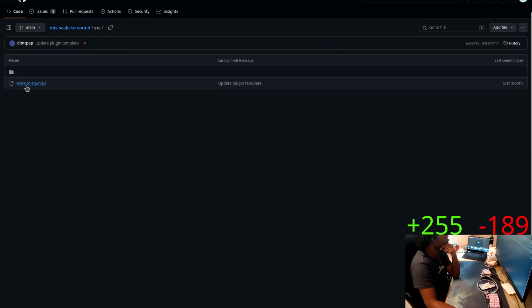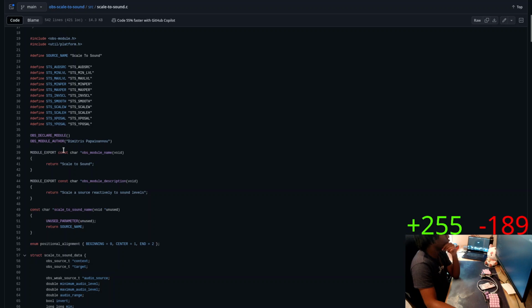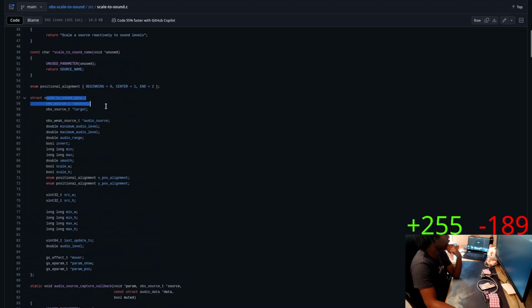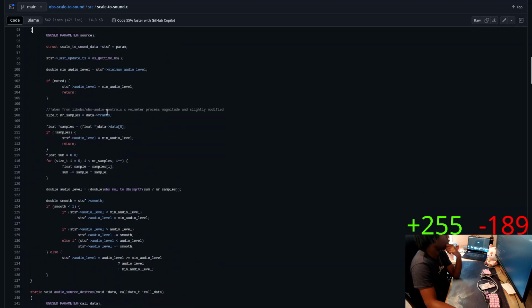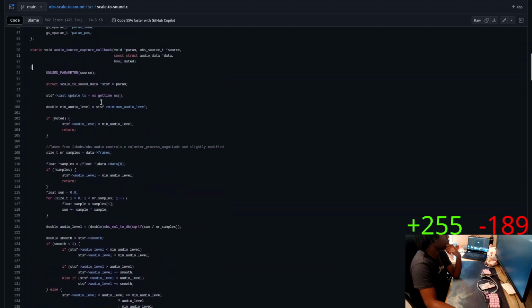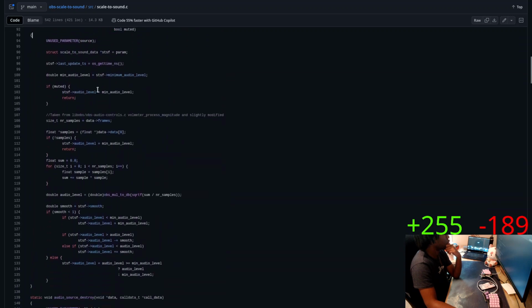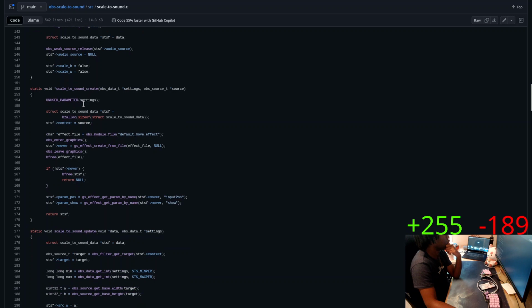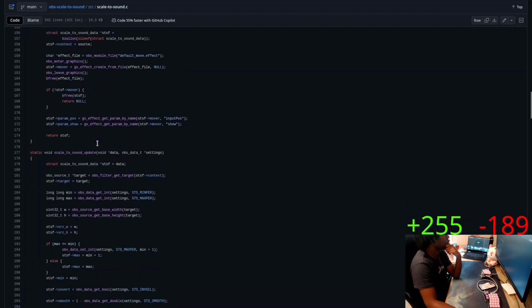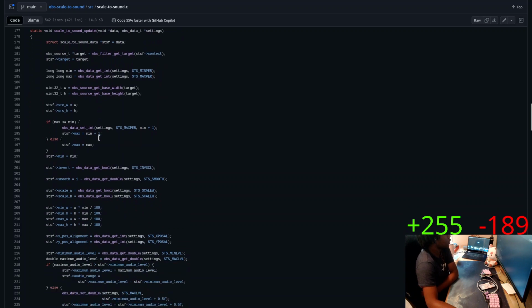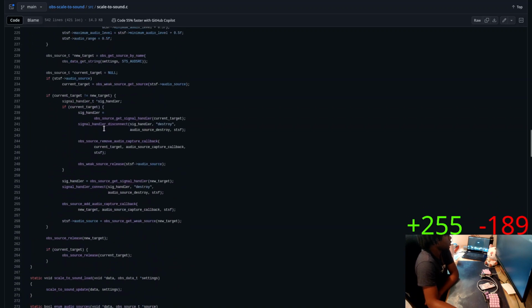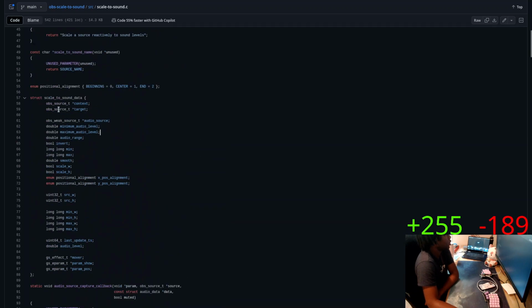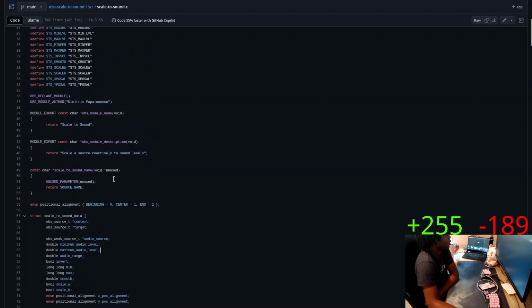Anyway, so they have description, name, sound name, scale data, callback. So there is an update function in here. And then do you have sound data? Okay.